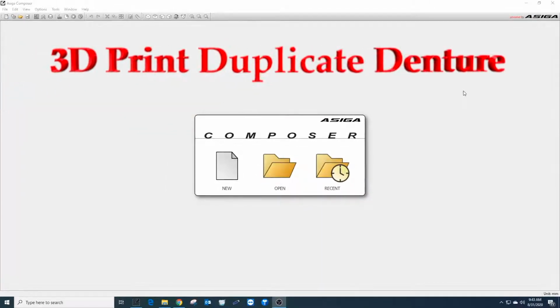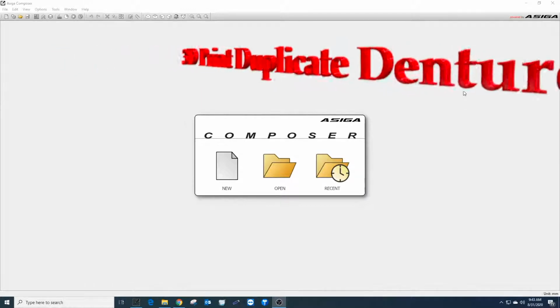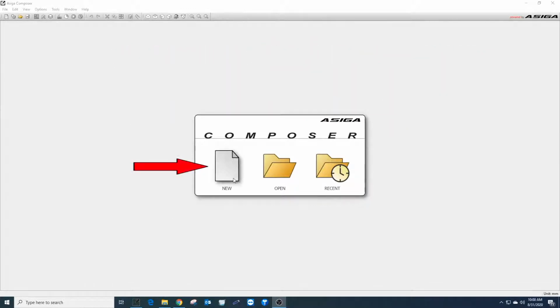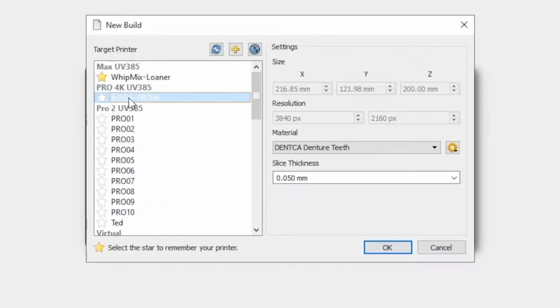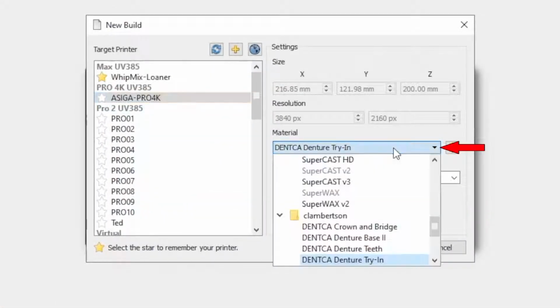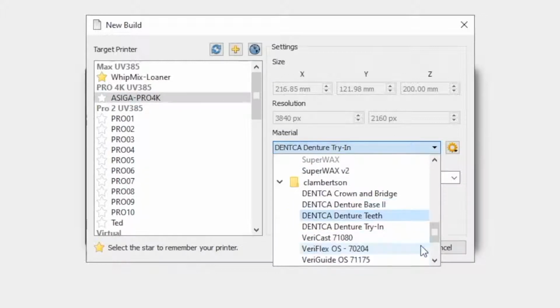To 3D print a duplicate denture prosthetic, start by selecting the new build option when the program loads. Locate the preferred printer for use and select the material to use for the print. If the print is a temporary try-in, the Dentures denture try-in material can be used. If the print is going to be used for more long-term use, the Dentures denture teeth material is the better